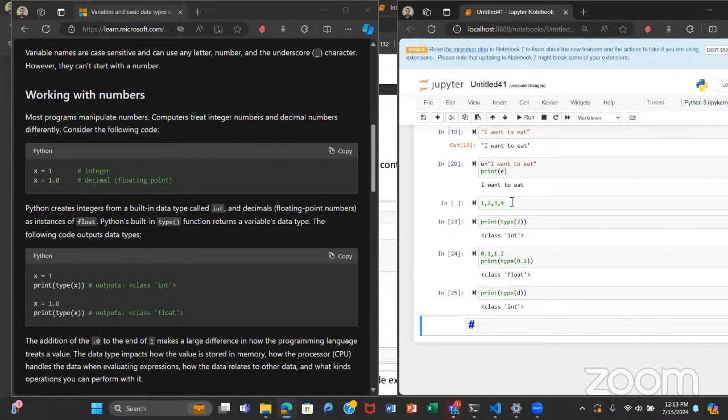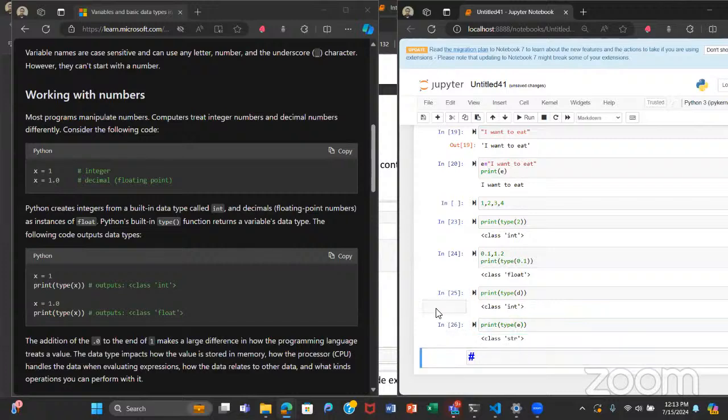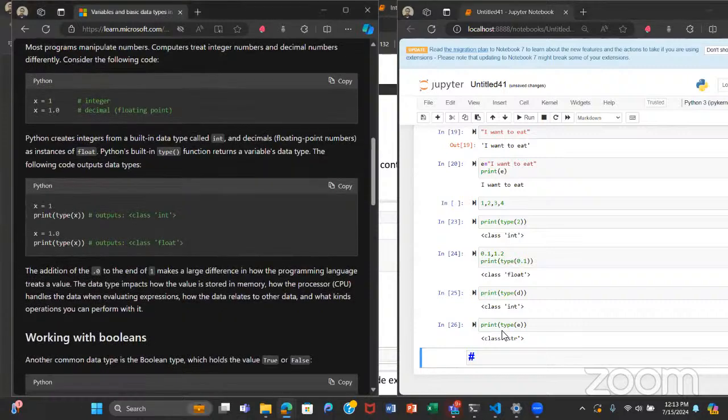So type d is an int, which makes sense. We also had a variable E. Who can guess what type it will give us, given that E contains text? It's going to give us a string, because text is classed as string data.